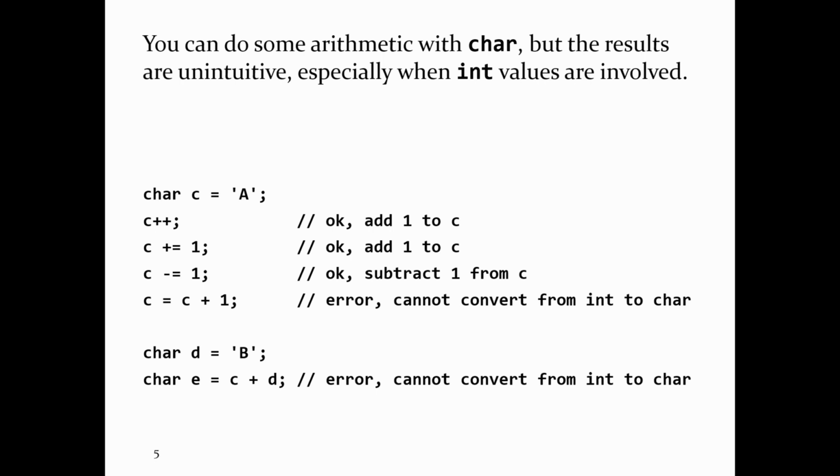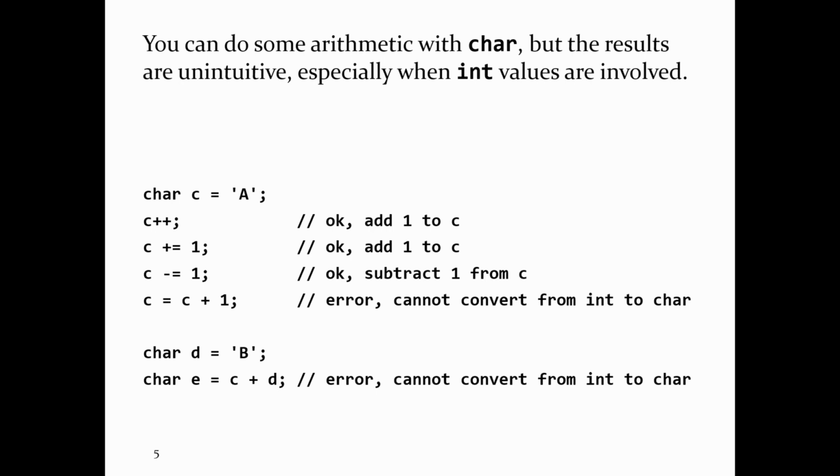So you are allowed to do arithmetic with char because it's an integer type, but the results are very strange. I recommend that if you need to do arithmetic with char, you be very careful when you do so. The results are super unintuitive, especially when int values are involved. So I can start out with the char A, big uppercase A. I can write C++. Remember what C++ does? It adds 1 to C,